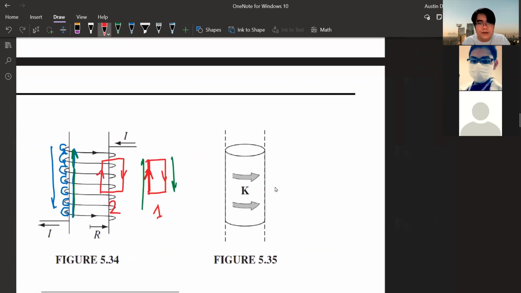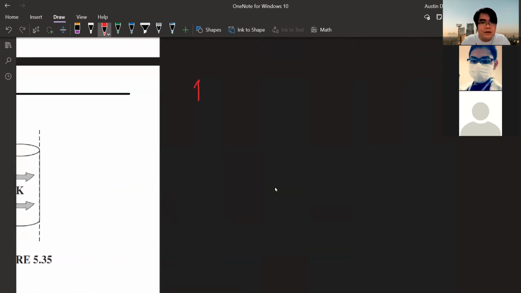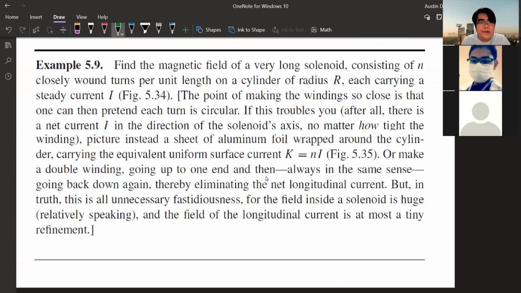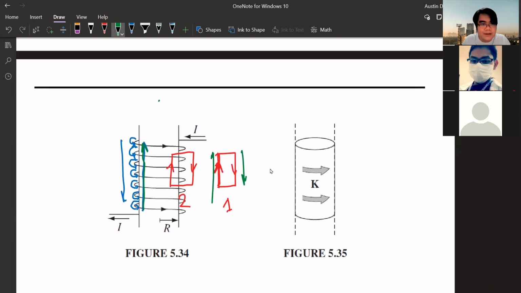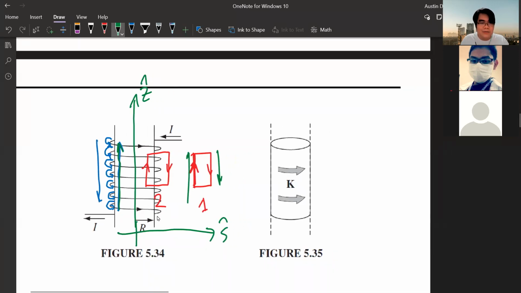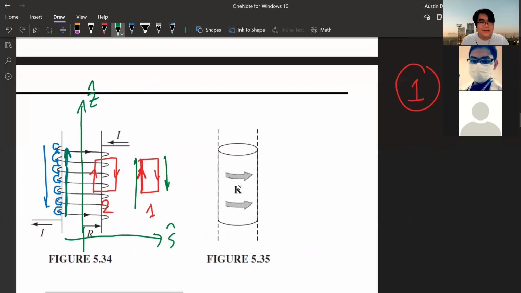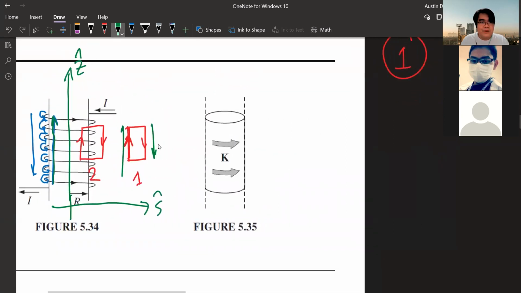Alright. So, sa loop number 1, okay. Mag-denote muna ako ng axis ko. So, I say this is Z. Tapos ito ay S hat. Okay. Kasi may cylindrical symmetry ako, so baka madaling gamitin yung cylindrical coordinates. Alright, so si loop number 1,